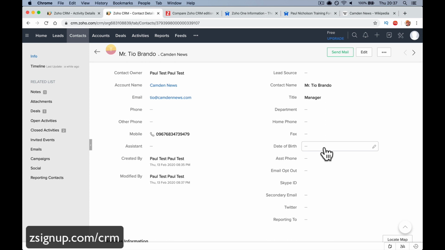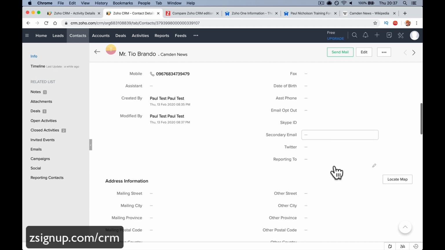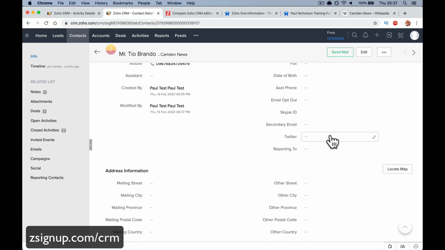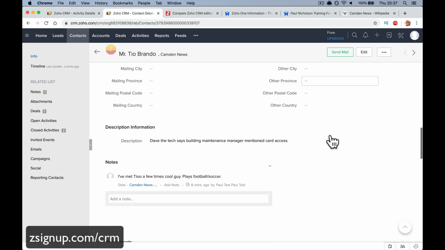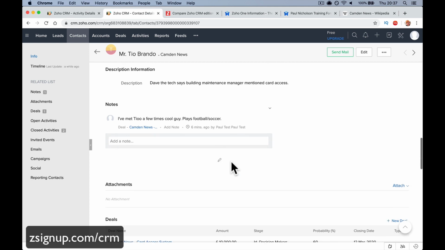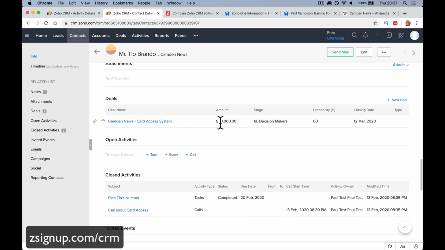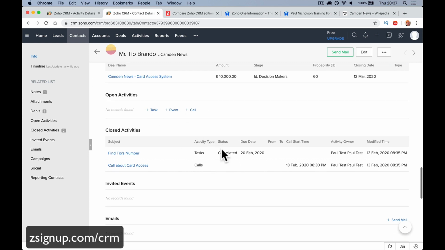Sounds a bit personal, but if you want your system to flag someone's birthday and you want to drop them a message near their birthday saying, "Hey, we're going out for a beer," or "Happy birthday," anything like that. Skype information, Twitter information if you want to follow them and keep track of what they're up to. Or any notes you've come across, any accounting information. Any deals in the system, open, closed, won, lost, whatever they are in there. Any previous tasks, any open tasks for Tio,